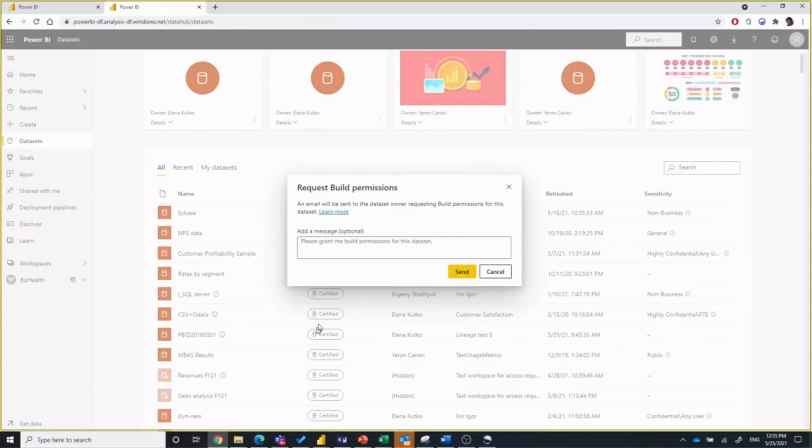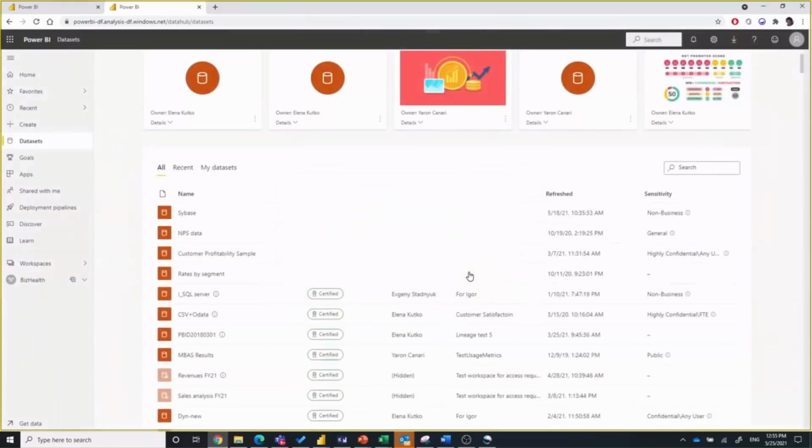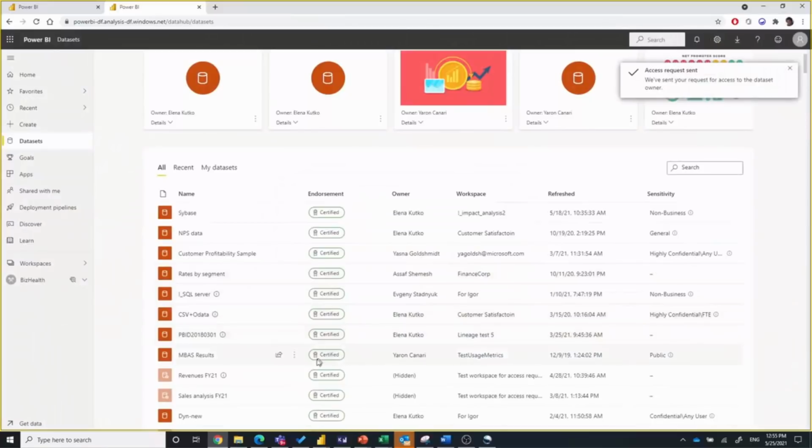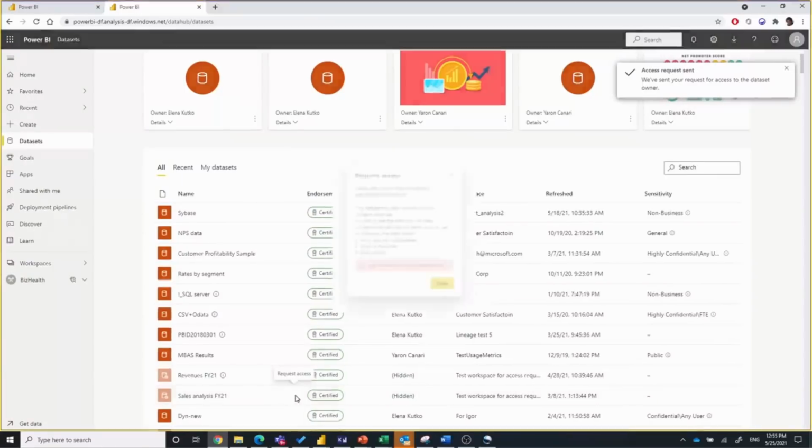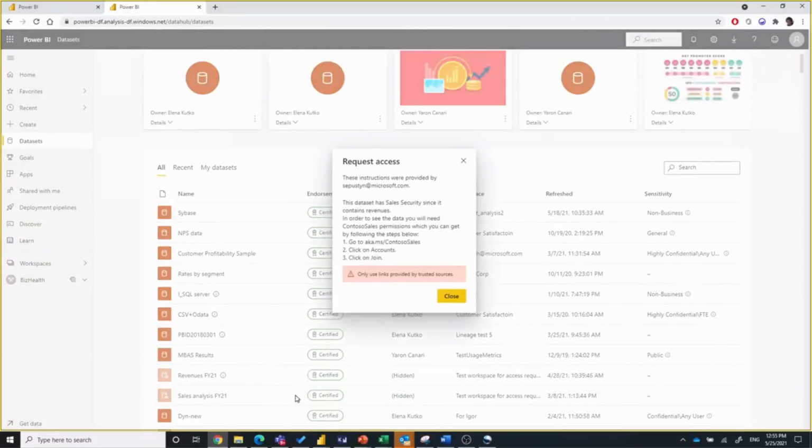In this example, I can request access by sending an email. Another example is the Sales Analysis FY21. I click on Request Access, and it provides me with these custom instructions that were set by the dataset owner. I can follow the instructions, copy the link into my browser, and request access to this dataset.